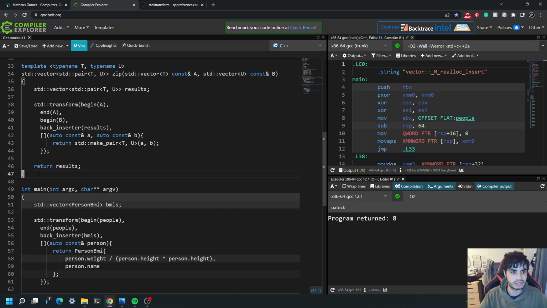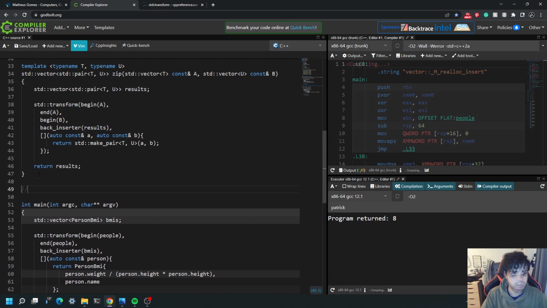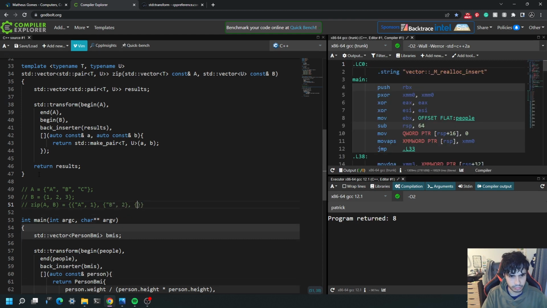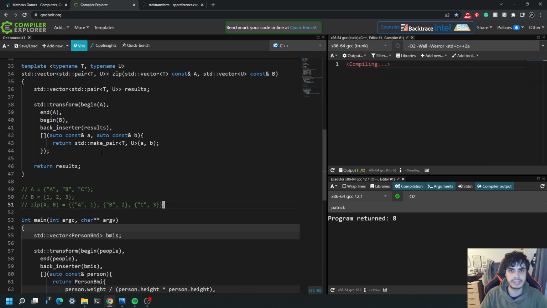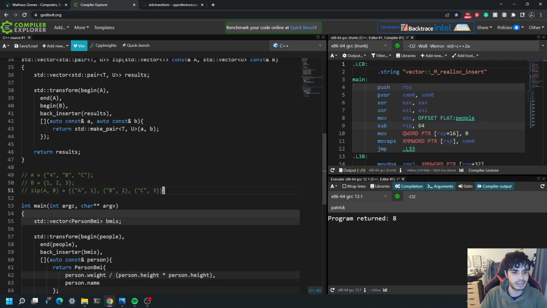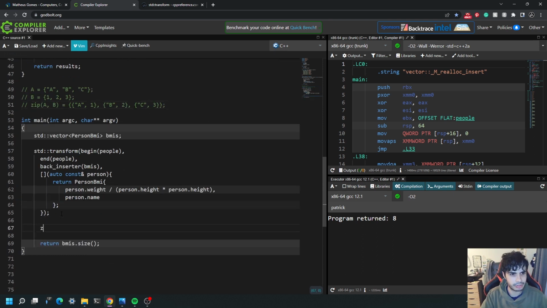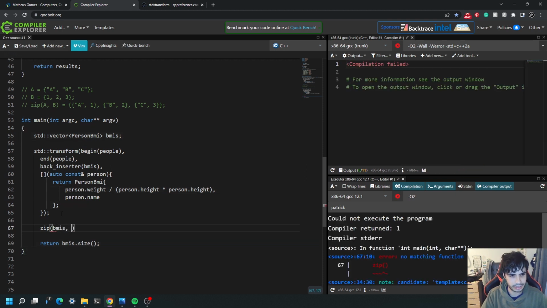So just to make it clear, we're doing something like this. This is what our zip function does. It takes every element of A and zips it with the element of B and returns that as a list of pairs. Okay, so let's call that and see if we can actually make it run. So zip, let's call it with, say, BMIs and people.